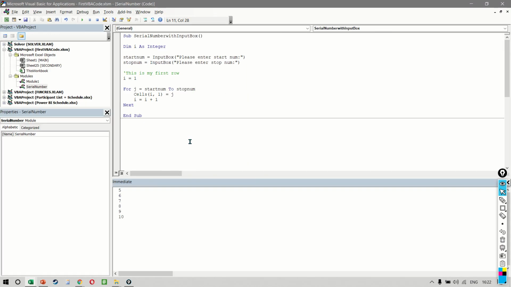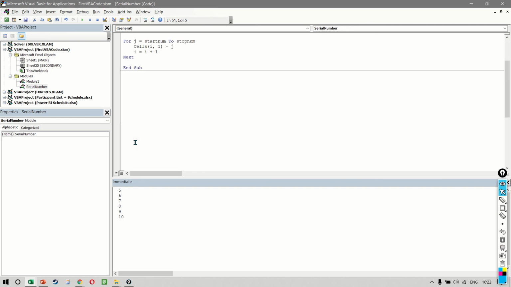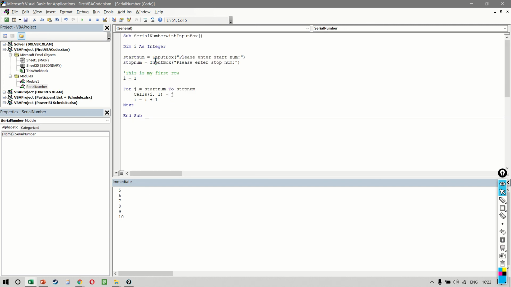So we did quite a number of things in this example. I showed you how you can write a basic code, how you can declare, how you can give a comment, how you can create a counter using I, and then also how you can create a for and next loop. It's called a loop because it keeps on looping till it reaches the last number. And then finally, I also introduced you to the input box, which is very handy because it creates a very positive user experience. Where if the user wants to put in a number, he doesn't have to do that in a cell, but he can actually do it in a box that you have given.